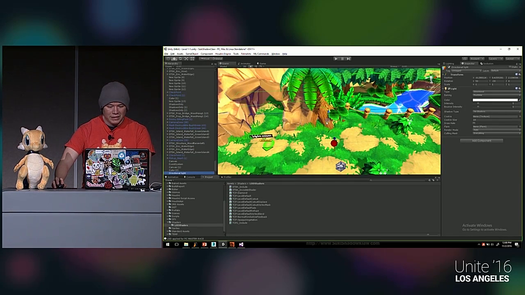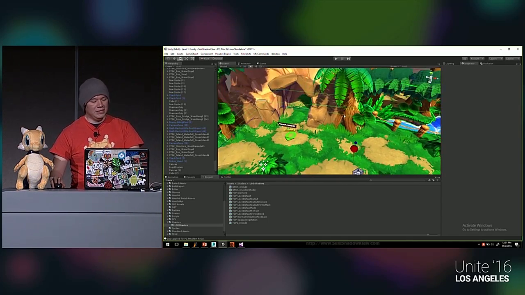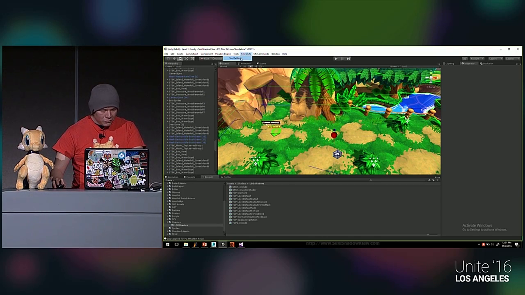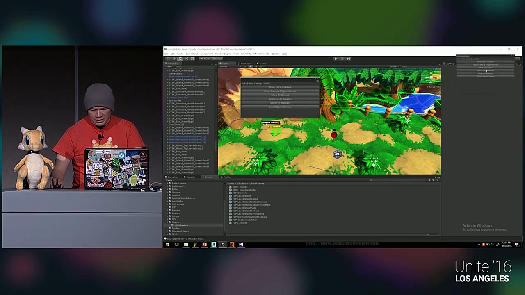So let's say taking this again, for example, here you can see that I have lights. If I add another light, I have lights, I have shadows, so everything is fine. But of course, this will kill a platform like the PS Vita. So what I do here is